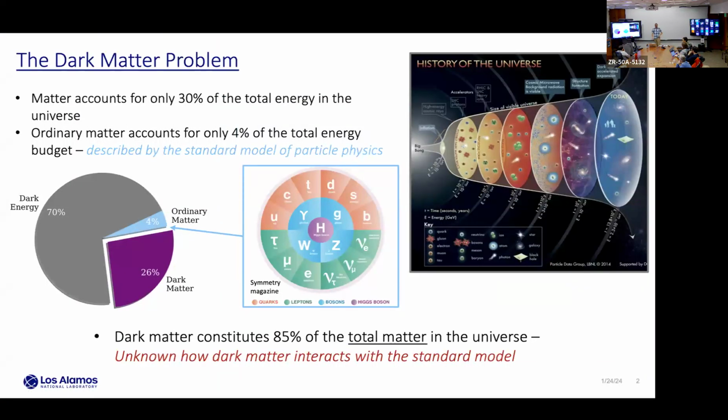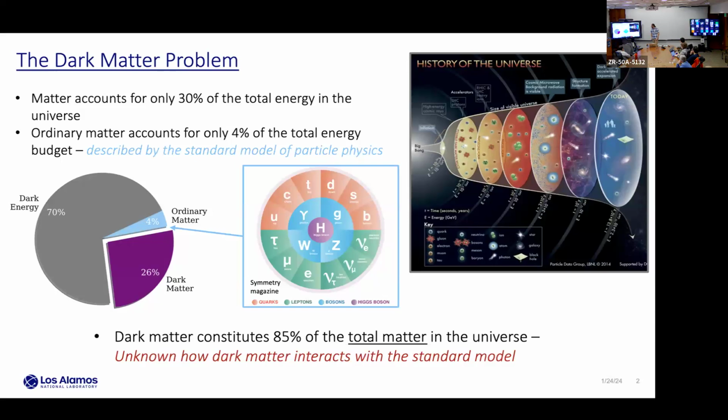Yeah, so I was told this is more of a broad audience, so I'll give a little bit more big picture of what I'm trying to do before getting into the details. So I'm guessing everyone in this room and online has at least heard of dark matter. In very simple terms, of all the energy in the universe, 30% of it can be described as matter. The rest of it, something I won't talk about, is what we just call dark energy, and is responsible for the acceleration of the expansion of the universe.